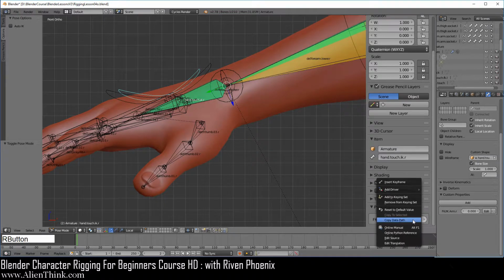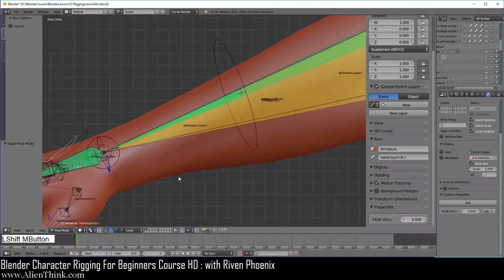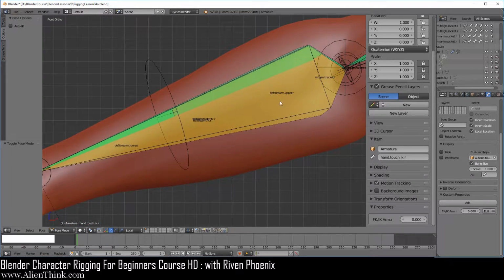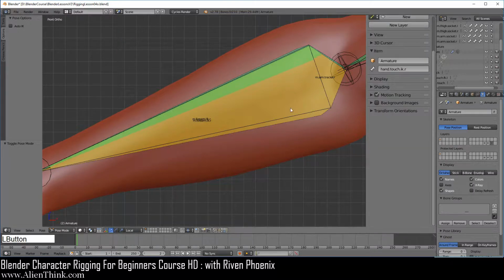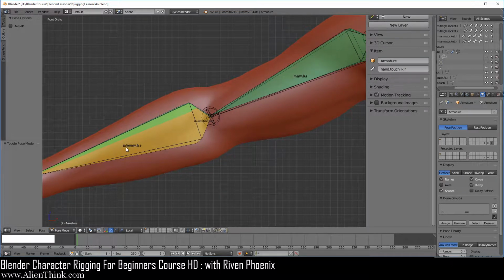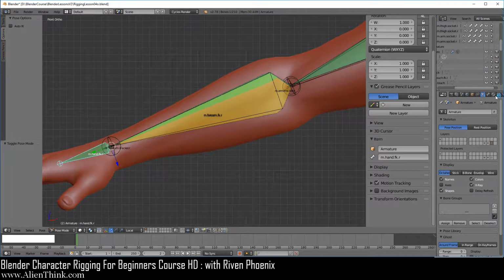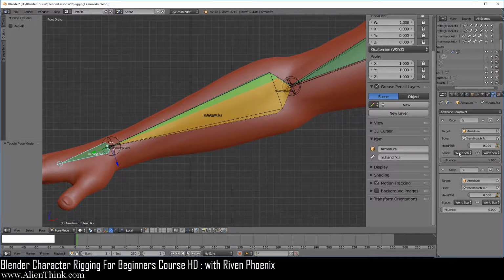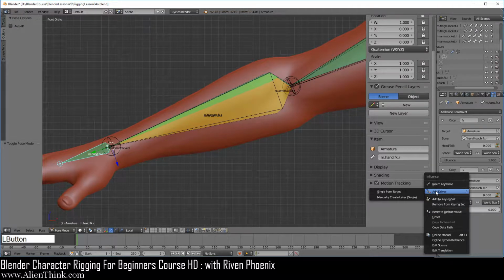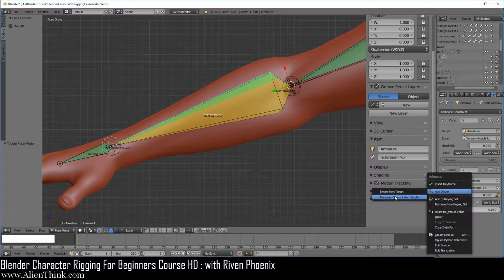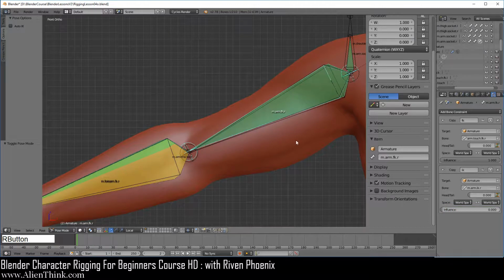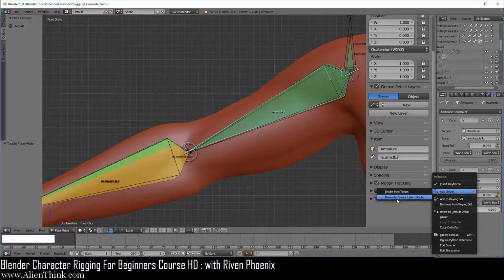And over here just right click, do copy data path, and what we want to do is actually get to the FK bone. Okay, so here I'm just going to go to the data tab over here and make sure that I have the non-deformed bone layer selected. What you want to do is just click here, might have to click a couple of times to get to this bone, the FK bone, which has these constraints. Just right click to add a driver, manually create later. Do the same thing over here, right click, add a driver, manually create later. Click on this one, add a driver, manually create later.